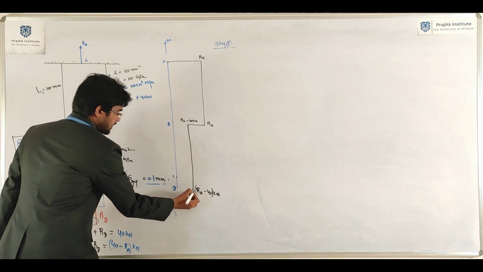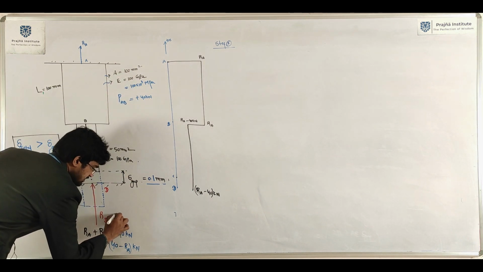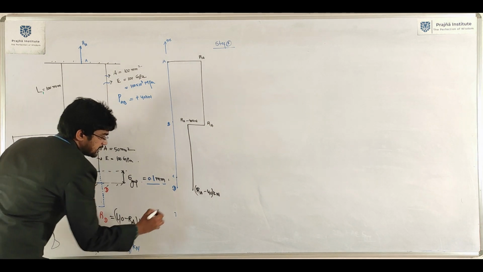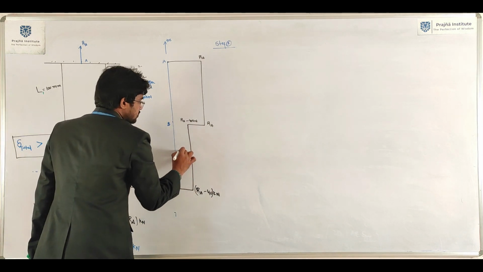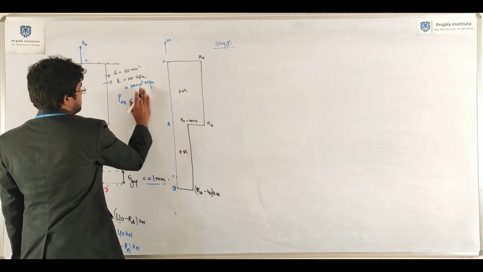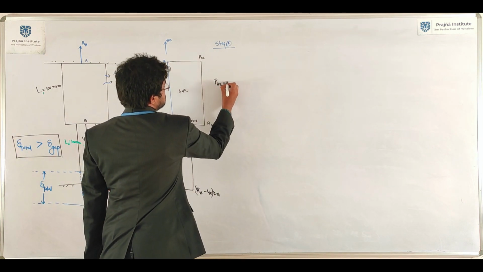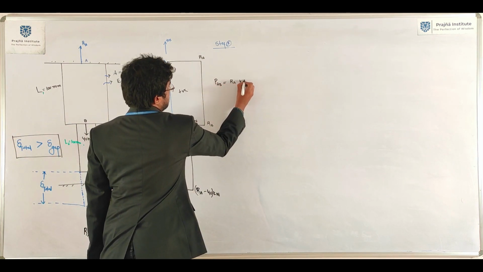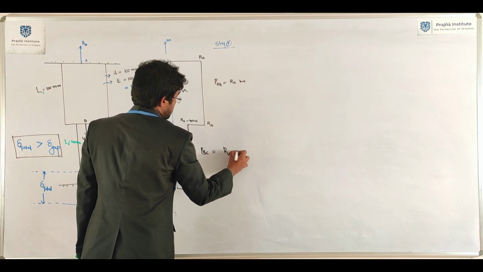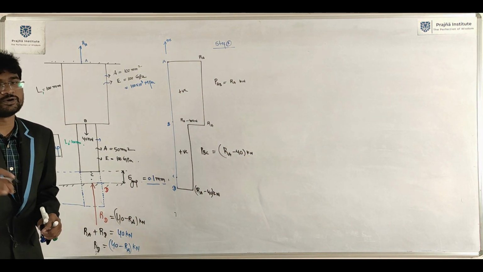Now I am here. I have seen the load, both are acting in the same direction. Just add: RD is equal to 40 minus RA kilonewton. The total, just add that, you will get 0. Initially assume that everything is positive. Here PAB equals RA kilonewton and PBC equals RA minus 40 kilonewton. Everything in terms of kilonewton.